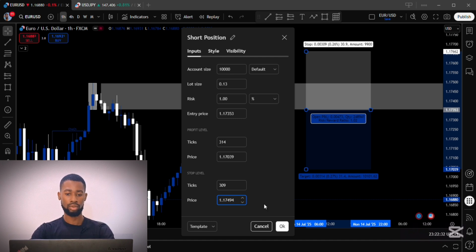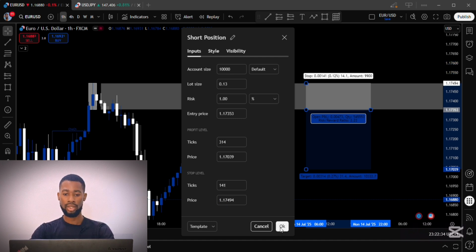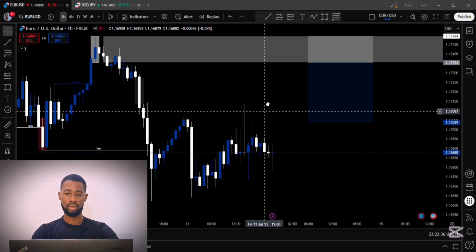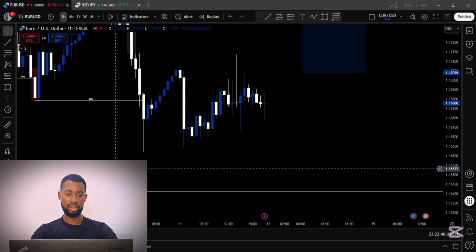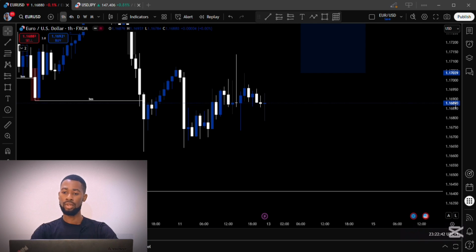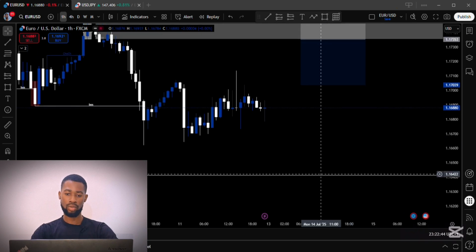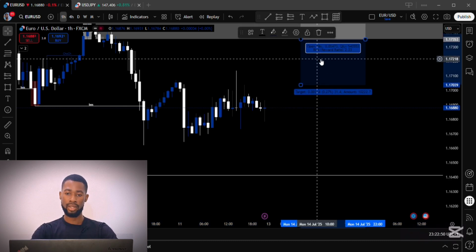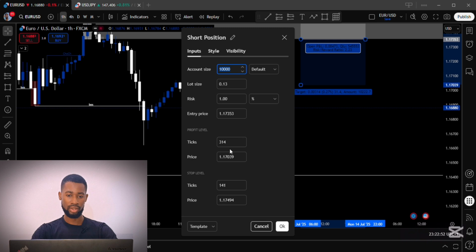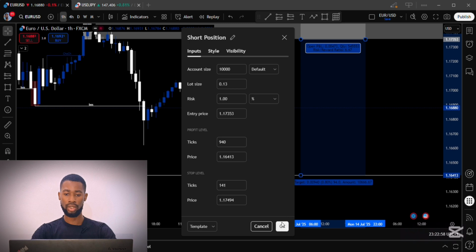Okay, and then where is my take profit? My take profit is going to be at this breaker block. What's the price of this line again? 16413. So let's copy that and then paste it as my profit target. Okay,